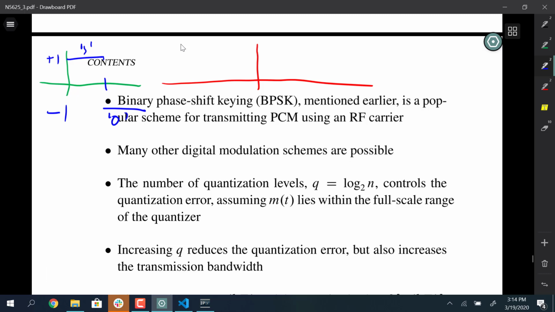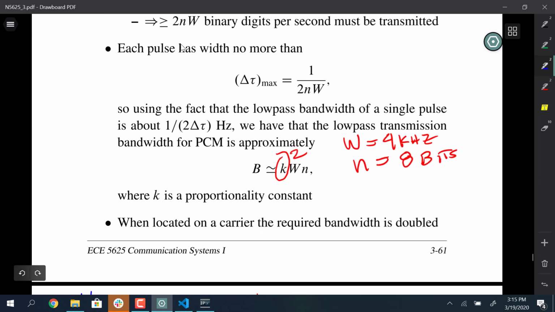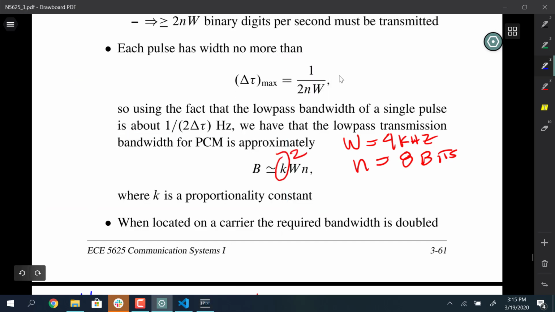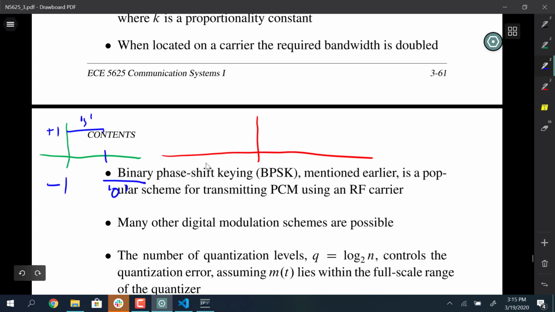And the width of those is going to be proportional to the bandwidth and the number of bits per sample. So like we just talked about up here, or actually what I had expressed over here, if we need 64 kilobits per second, then over here in the picture,